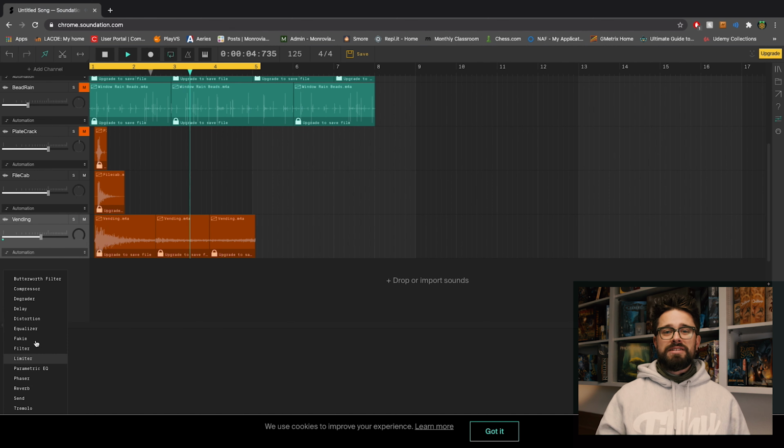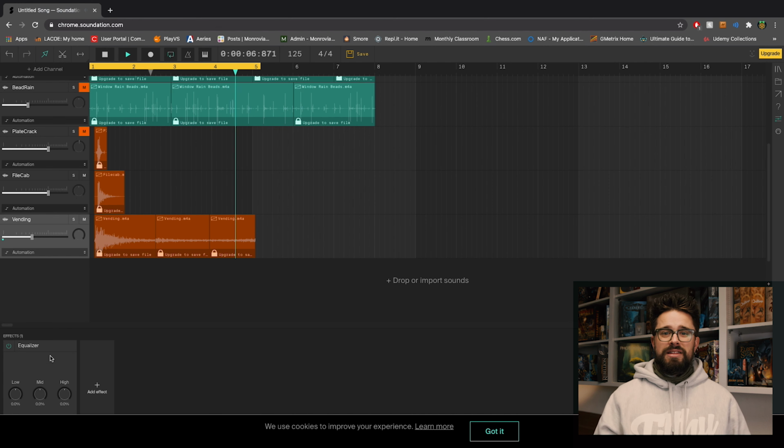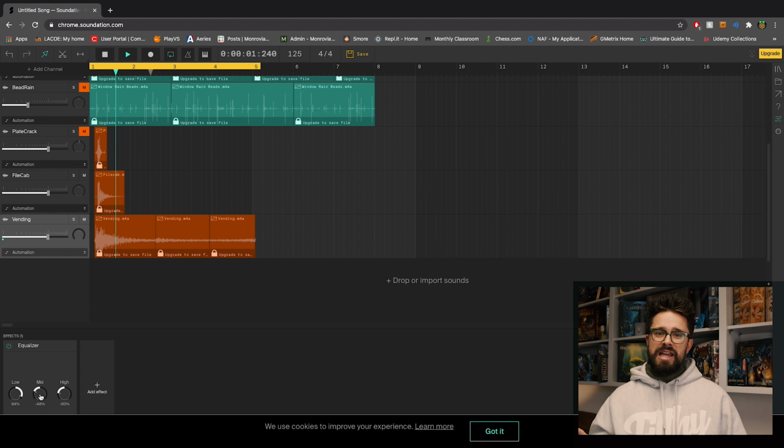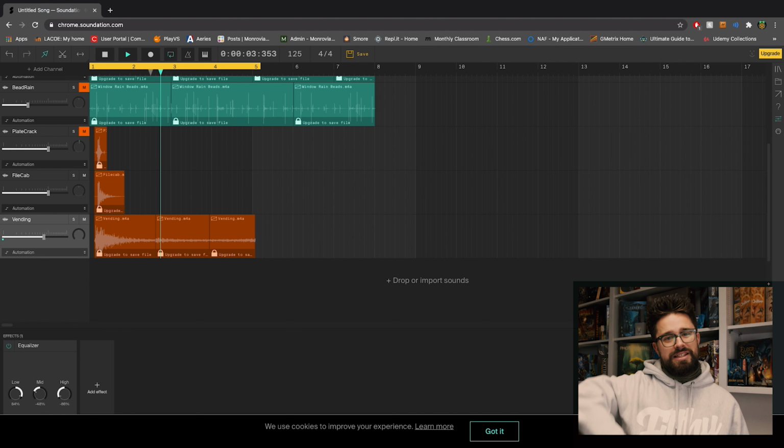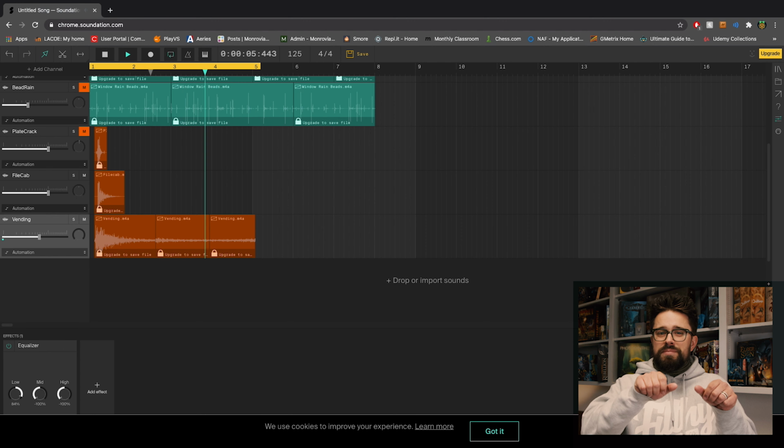So let's add an effect to this track called equalizer. The equalizer has 3 knobs, low, mid, and high. Now, these are referring to the frequencies represented in the sound. To cut out the background noise, I'm going to turn down the high and the mid knobs completely. Now I'll slowly turn up the low and maybe the mid until I get a sound that is close to a